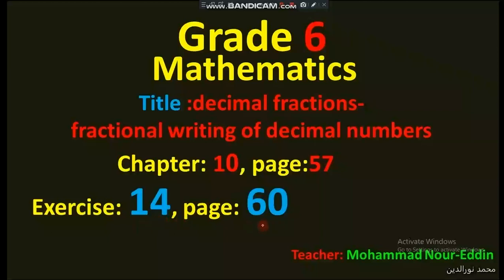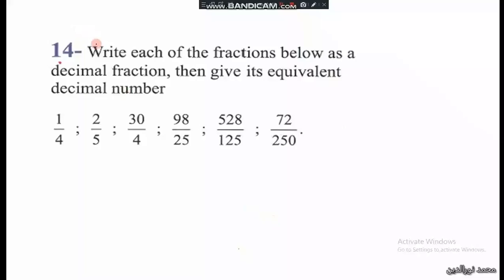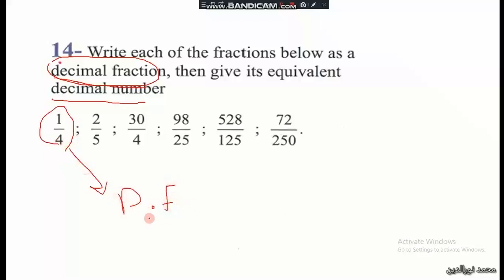Exercise 14 on page 60. Write each of the fractions below as a decimal fraction and then give its equivalent decimal number. So this question is of two parts. First of all, we have to write this fraction as a decimal fraction, and then we have to write it as a decimal